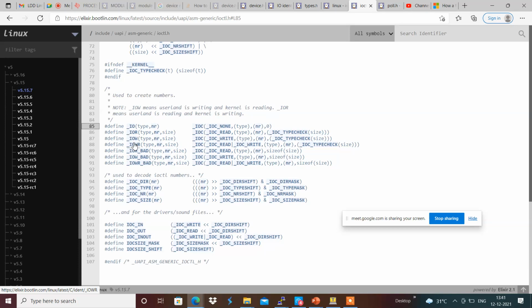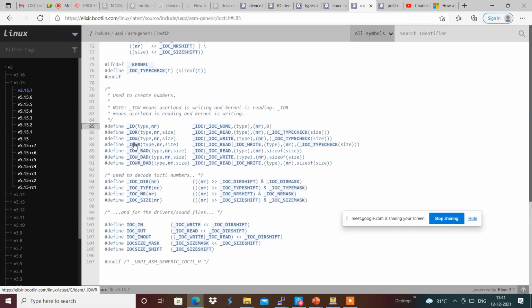For example, if we want to get the configuration, we will be using IOR, or if we are writing or setting the configuration, we will be using IOW. We will see how we do that over here.